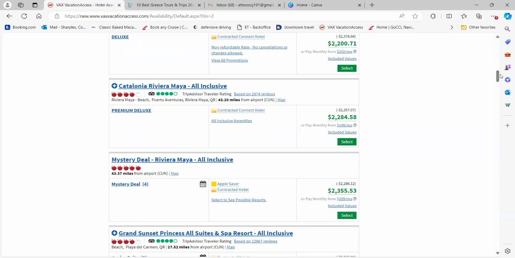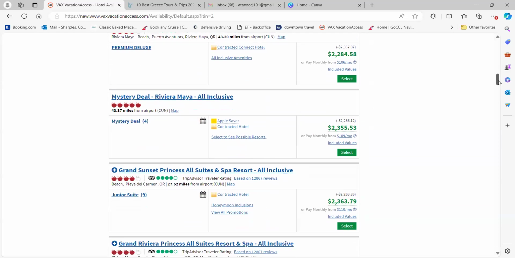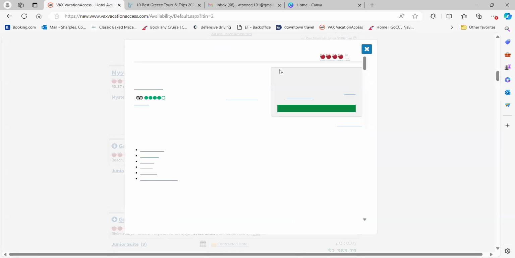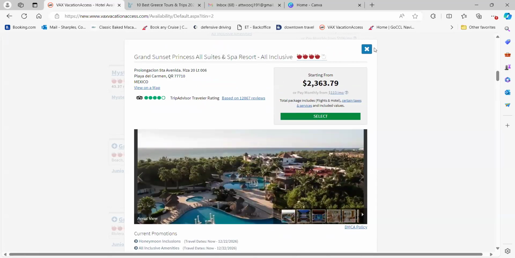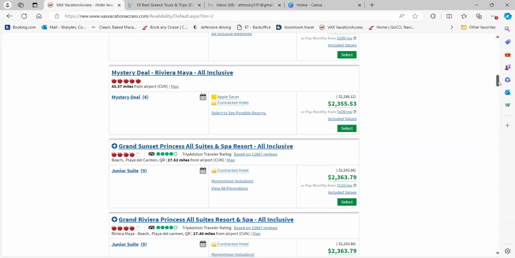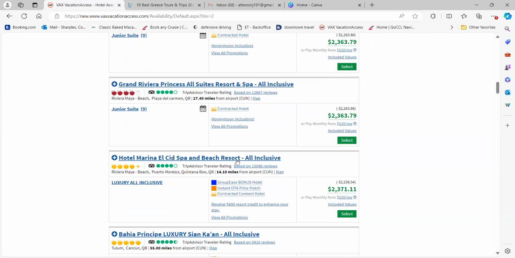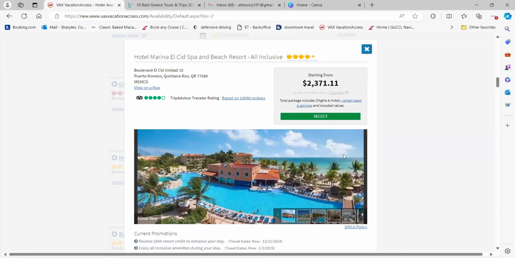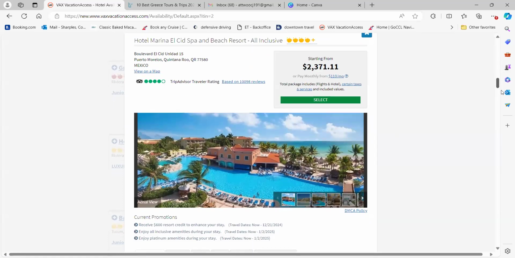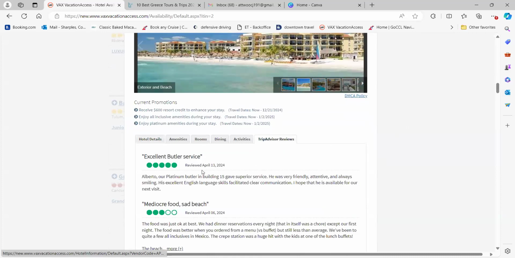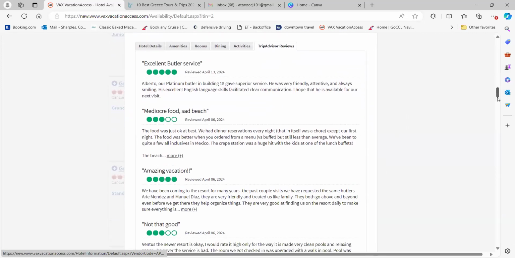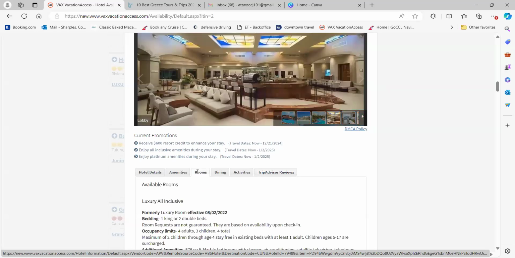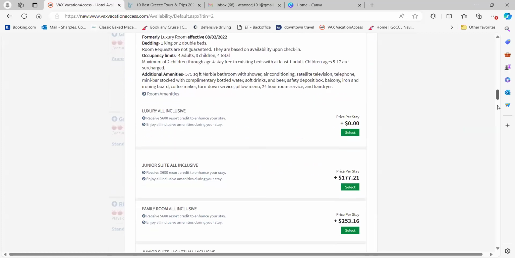So it depends. I personally like to have at least an ocean view and a regular room, because you never know if they reach out, they're going to want an ocean view. Now, it's never a guarantee, because obviously if it's a last minute trip, they're going to take what they can. So something like this looks pretty decent, looks nice, but depends what year. Some people don't like the beach. So it's going to be taking a look at different options.